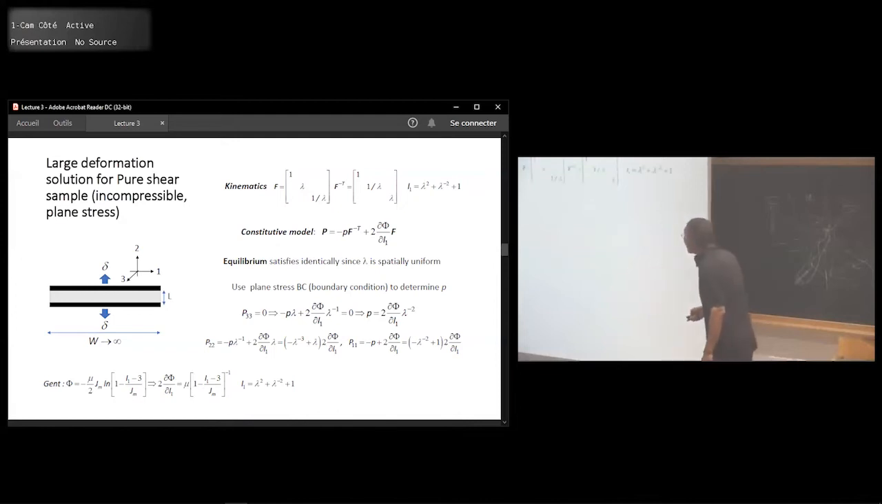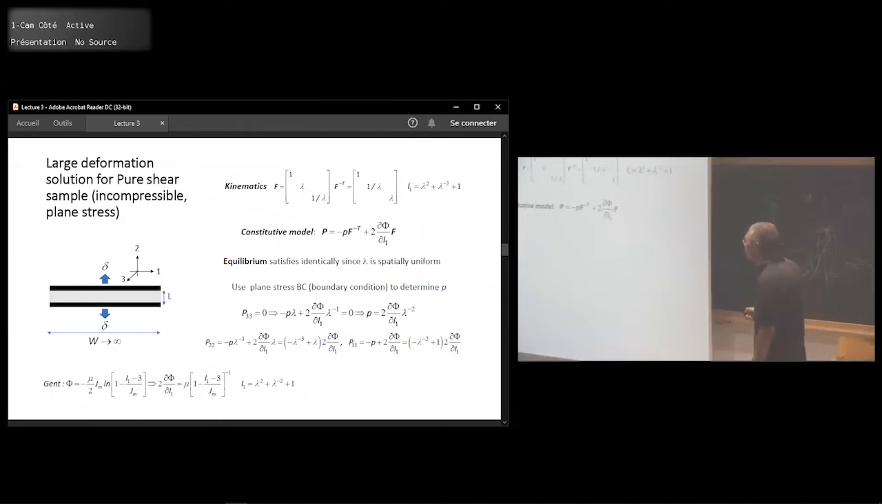So again, now we have to go back to the model, the kinematics in this dimension. In one direction, we don't allow it to move in, so the displacement is 0. In this direction, we allow a stretch lambda, but then the incompressibility gives 1 over lambda, so we can calculate the deformation gradient. The constitutive model is given by this, but we know that because we are assuming this is infinitely long,